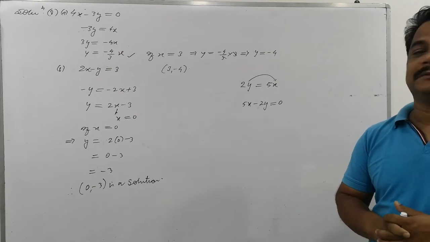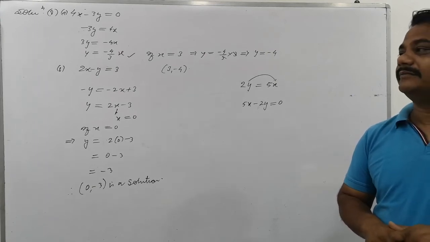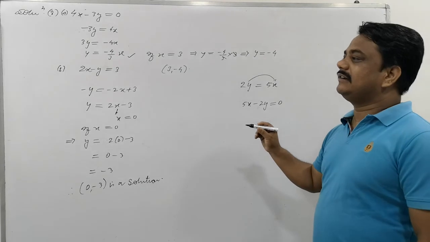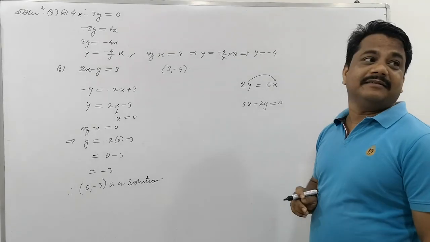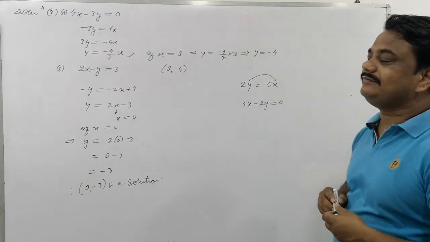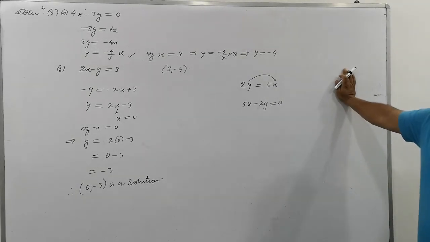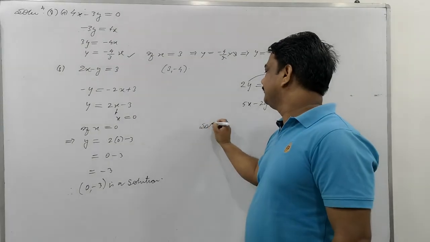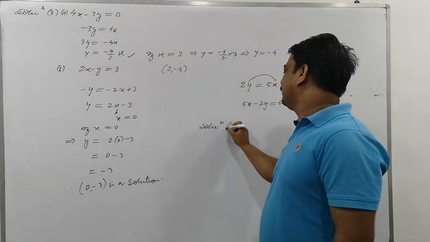Ramesh is driving his car with uniform speed. Questions come from uniform speed. You have to draw the time distance graph, and the speed is given. This is a difficult question. By that formula we can find it. So how is the speed related to the distance in time? Question number 13 of 3 marks.